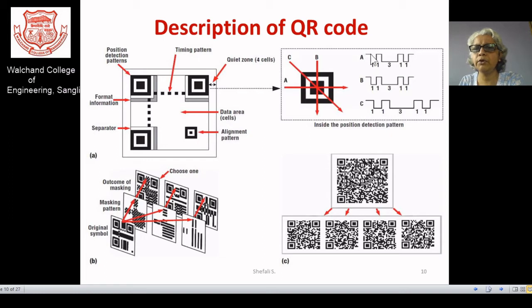So the signal, what you can observe because of the scanning in the direction A, is 1 0 1, 3 times 0 1 0, and so on. Even if you scan from the B direction, from this to this, you may find the same pattern, a similar pattern of your signal is observed, because you are starting from the high, then low, then high, and accordingly the signal is found.